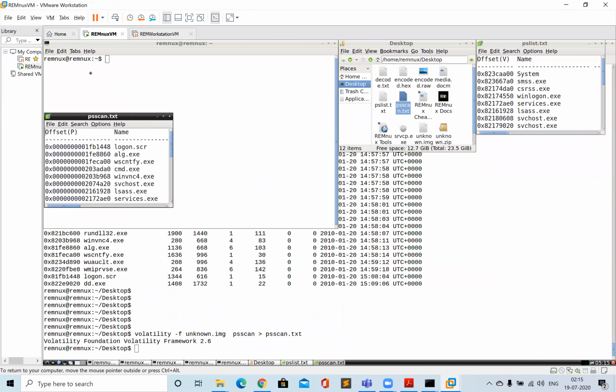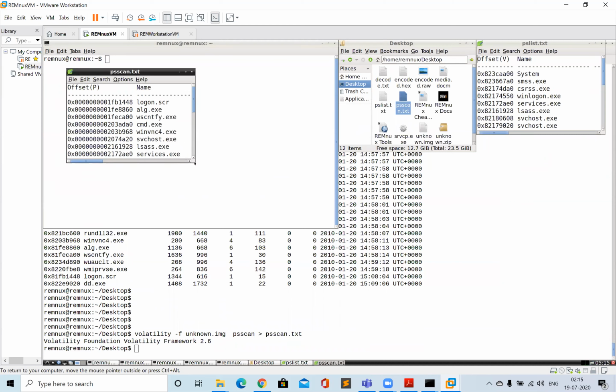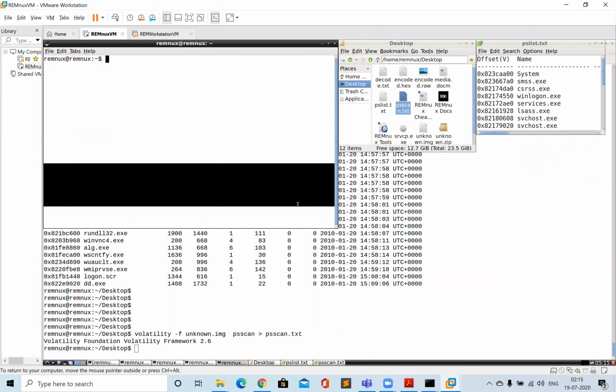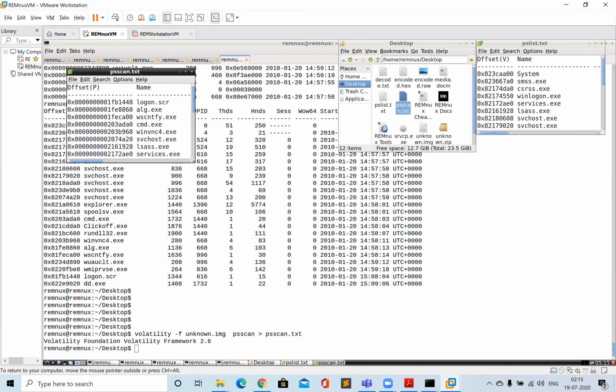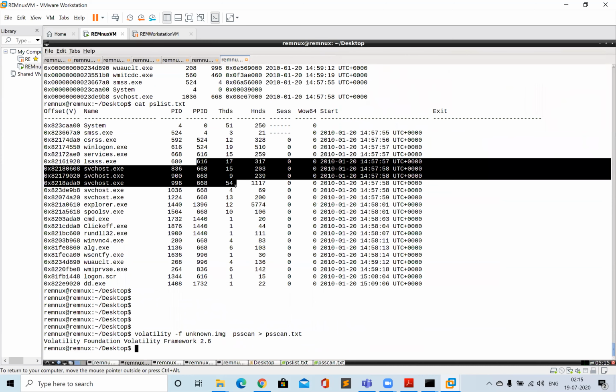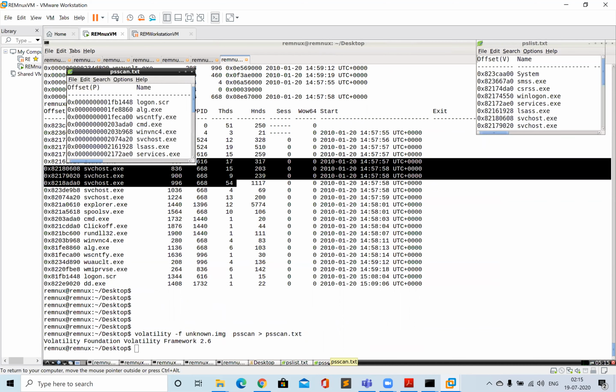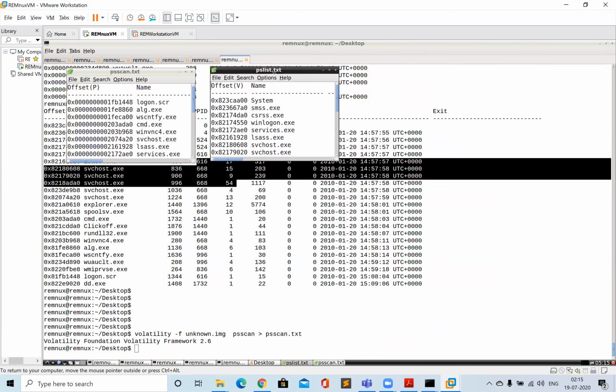Let's keep it like this. It's very difficult to compare. You can reduce the size of the screen so that it will be visible. Okay, anyways, maybe from here itself we can see.